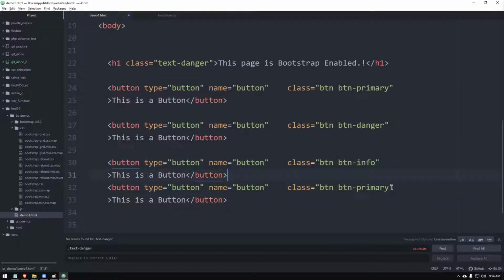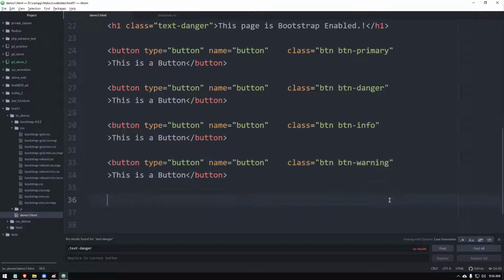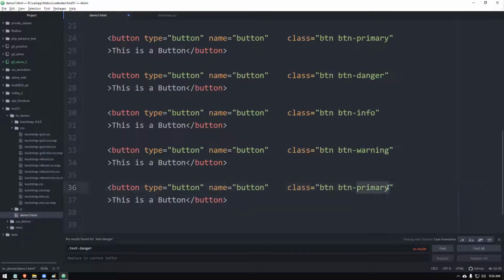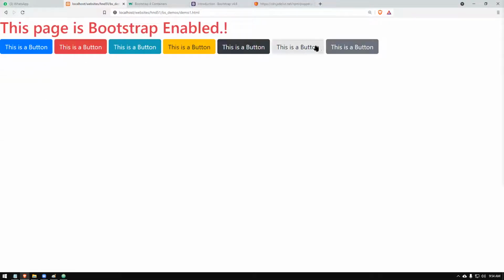You can put another button in orange color, let's say warning. You can put another button in dark. You can put another button in light. You have primary. In version 4 you have secondary. So if you reload, all those things are coming with their styles. Once the mouse pointer comes, the color is also changing. Round rectangles are already coming. Hope you understood this one.